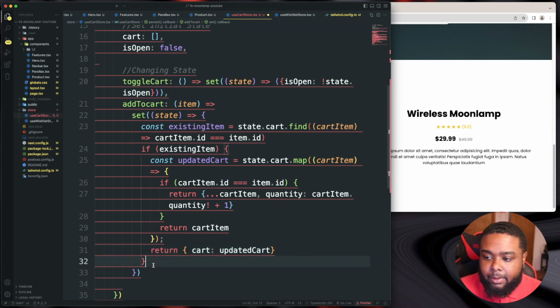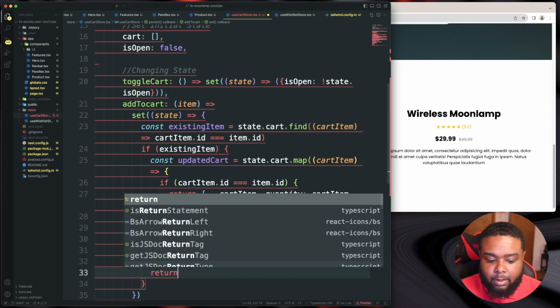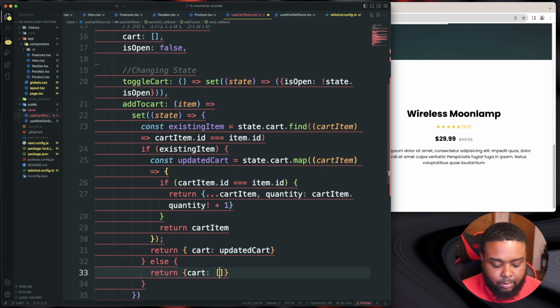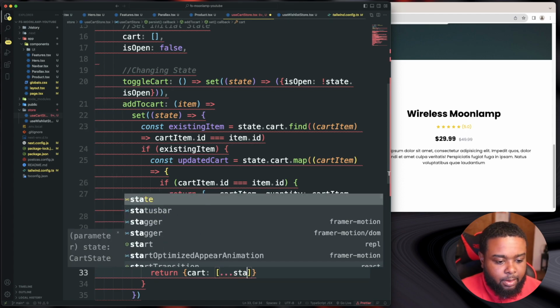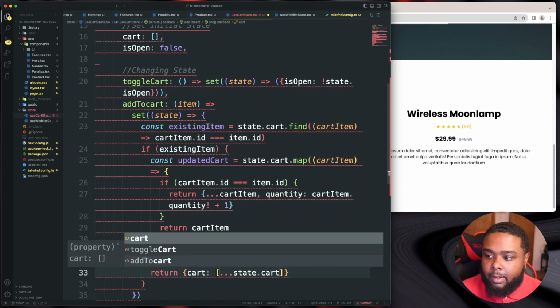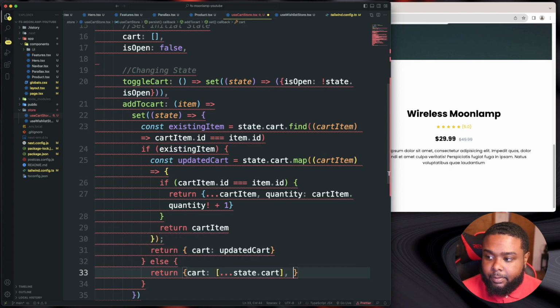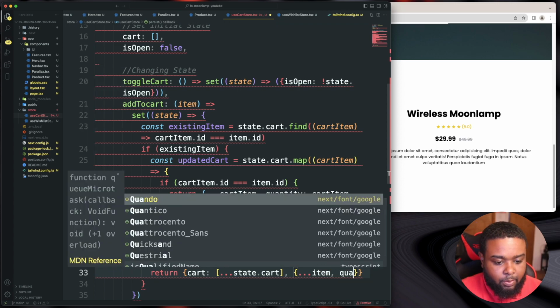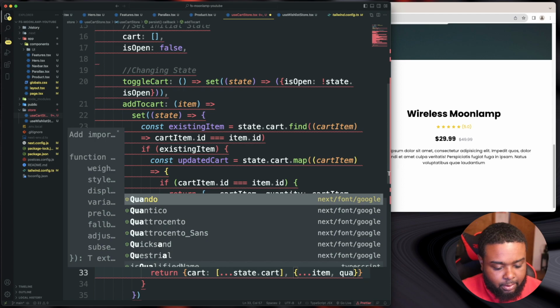And now we need our else. So else, we're going to return our cart, spread operator, our state dot cart, and then comma, spread operator again, item, and then quantity 1,